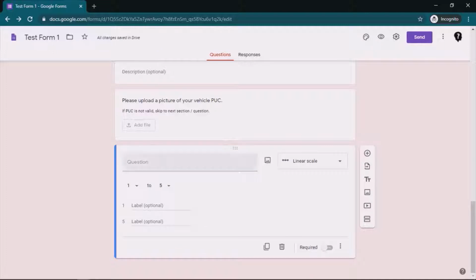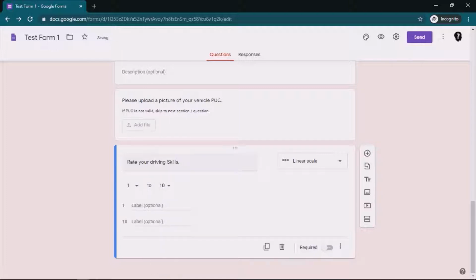So for example, linear scale. Here I can write a demo question as: rate your driving skills. Now here we can set 1 to 5, or 1 to 10 also.